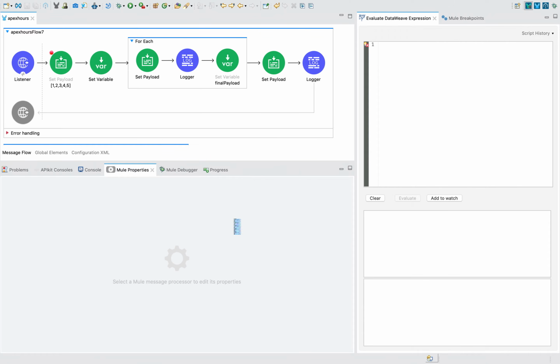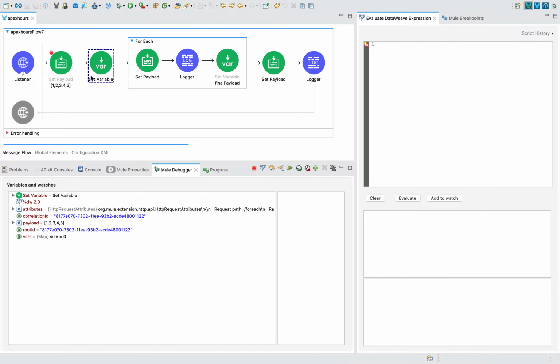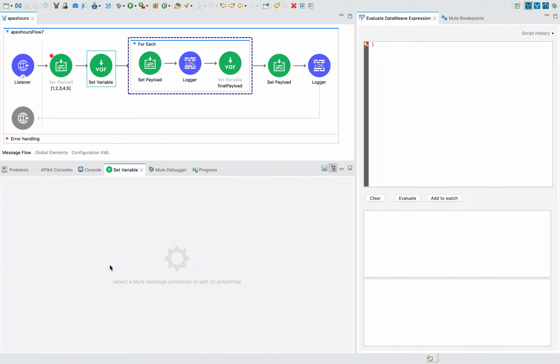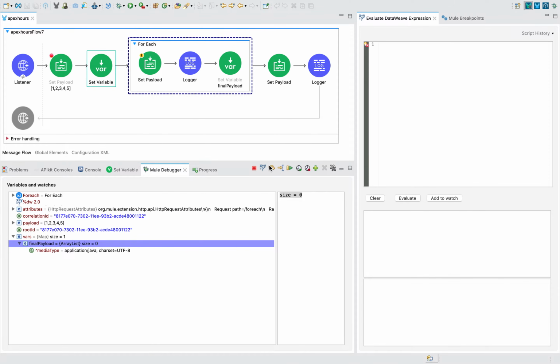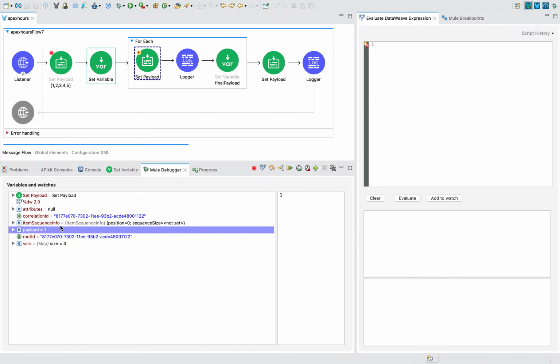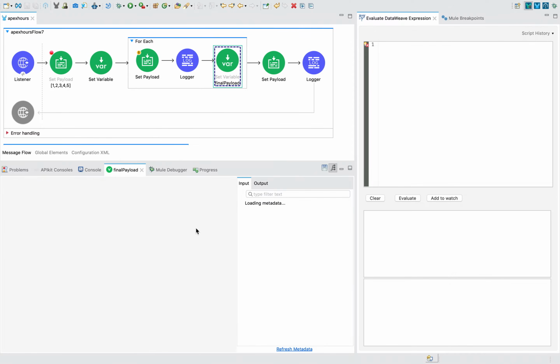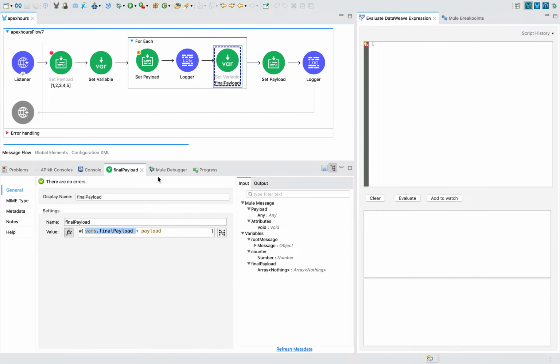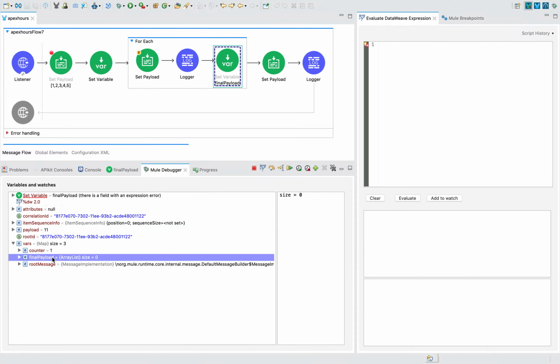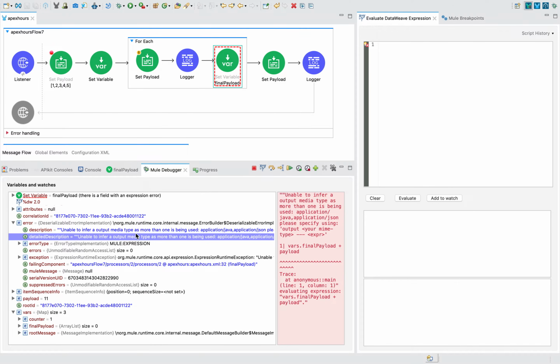Send the request. Now observe the thing. So here set variable, the current set variable value final payload is size 0 because I am initializing with empty array. Now see, this is common again in for each. We are keeping the payload like by default it is payload, first value is 1. Okay, next, and what we are trying to do here, whatever value is there in final payload which is empty right now, plus you are appending that payload value. Current payload value is 11. Now you see currently final payload is 0, right? Once we go to here,